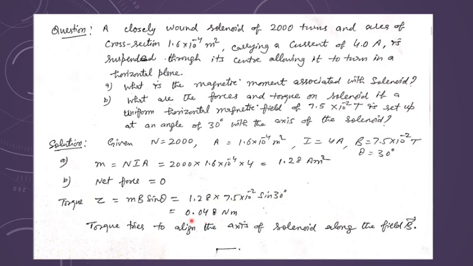Similarly, this question can be extended. They can ask you about stable and unstable equilibrium, under what conditions it will be in stable equilibrium, and under what condition it will be in unstable equilibrium. It means whatever we have done for the electric field, you have to do the same for the magnetic field. Though the derivations for the torque for the magnetic field on the axial and equatorial line will not be asked directly, they can be asked in the form of questions, because the comparative study of the solenoid is very much in your syllabus.